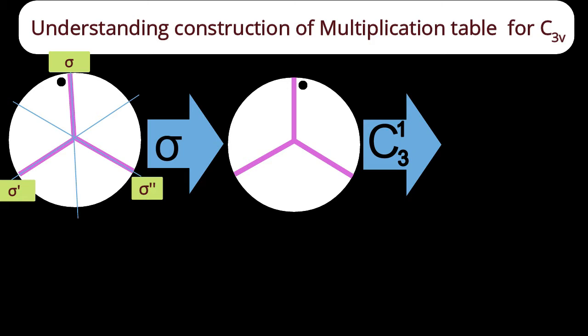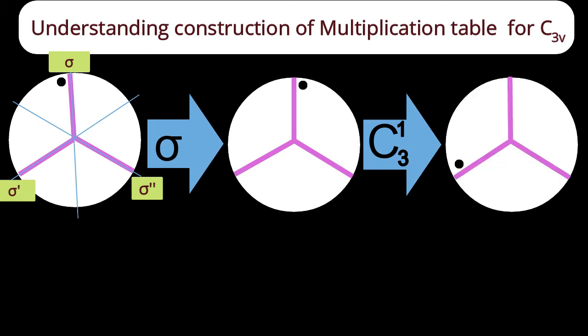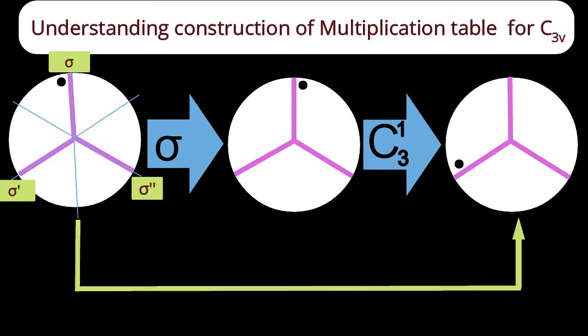After rotating the obtained resultant structure by 120 degrees, where will that knot come? Certainly it will come to the left side. But where? To the upper portion of the left side bar or to the down portion of the left side bar? Absolutely, it will be to the upside of the left side bar. Now I have to ask a question. How can I obtain this resultant structure from the original structure? In the original structure, the knot is towards the upper bar and to the left side, and in the resultant structure, the knot is towards the left bar but is upside. Yes, what's your answer? Sigma double dash is the right answer.